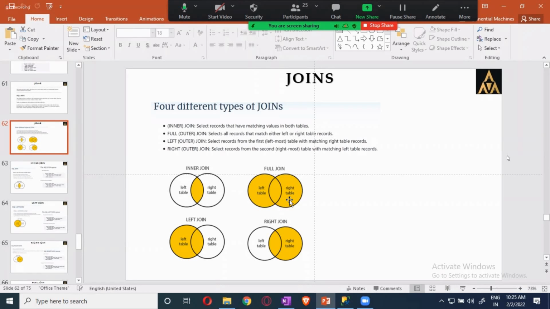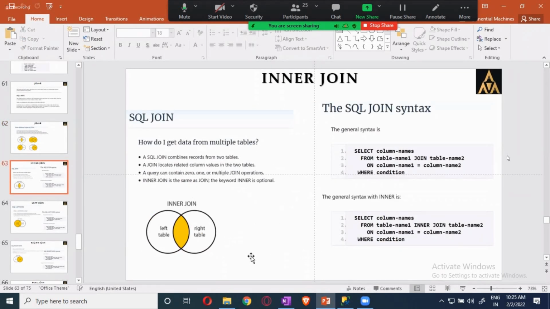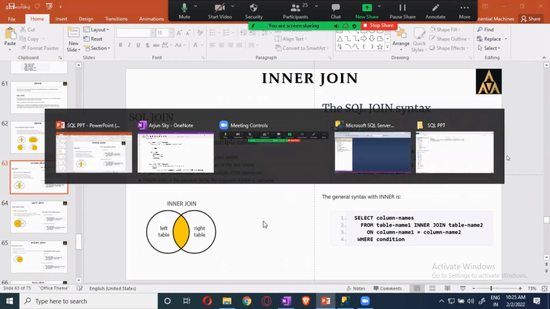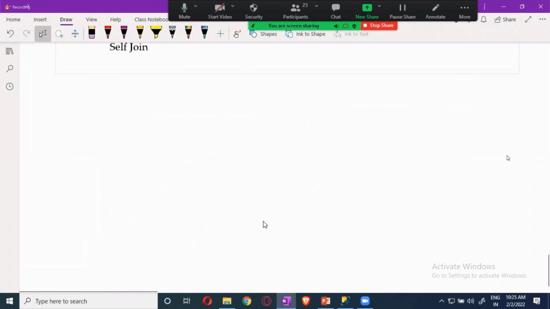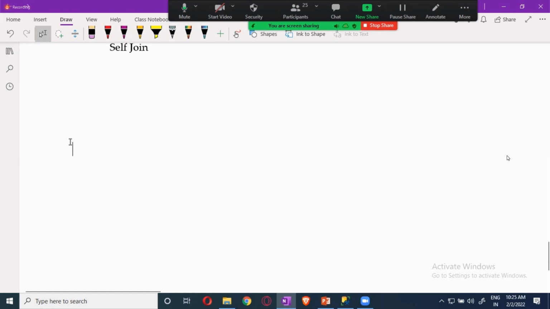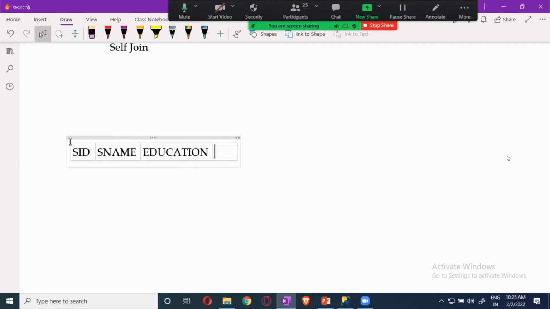Now let me show you. Let me explain, because by looking at this you will not get it. Let me give you a small example. If I am having two tables, guys, I will take two tables. In one table, let's take the Naresh IT itself, we are having the student details. So student details, what will we be having? Student ID will be there, student name will be there, student education will be there, and student maybe